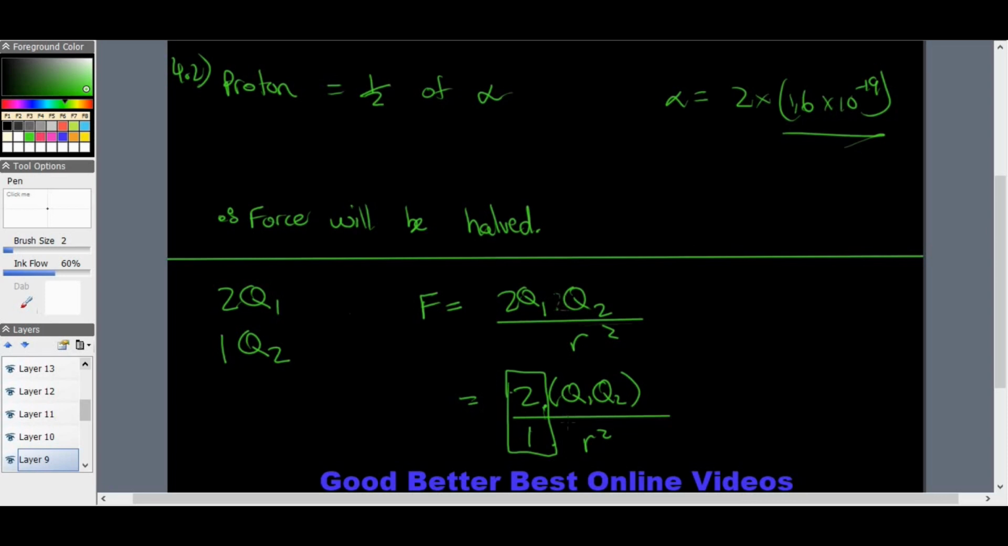that. So there I would have had 4 had Q2 being an alpha particle, but Q2 is just a proton now. So it's just half. It's no longer 4 times greater, but it's half of that, so it's 2. So in other words, the force is therefore halved now. Is that